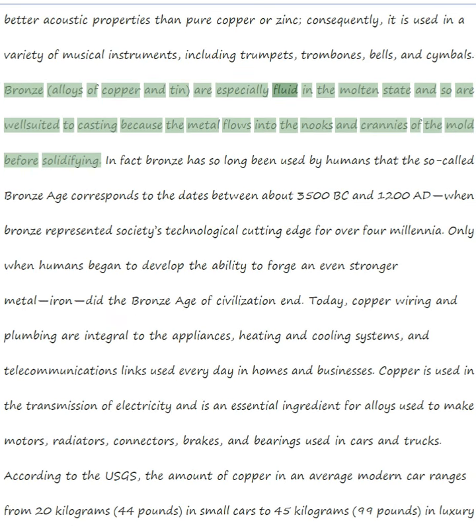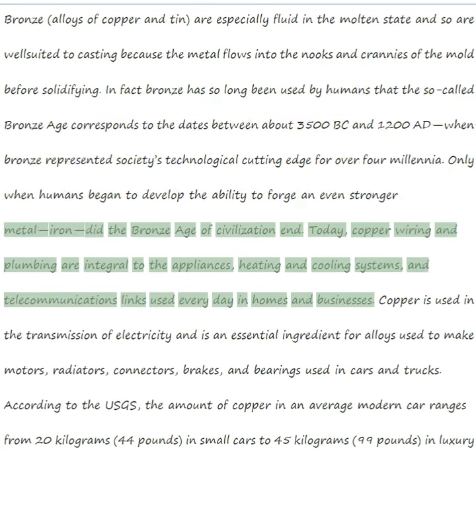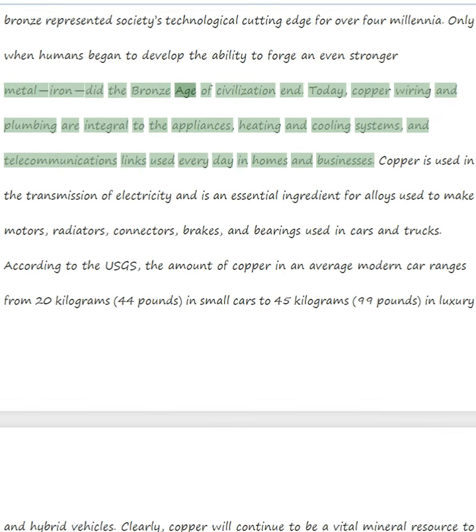Bronze alloys are especially fluid in the molten state and so are well suited to casting because the metal flows into the nooks and crannies of the mold before solidifying. In fact, bronze has so long been used by humans that the so-called Bronze Age corresponds to the dates between about 3500 BC and 1200 AD, when bronze represented society's technological cutting edge for over 4 millennia. Only when humans began to develop the ability to forge an even stronger metal, iron, did the Bronze Age of